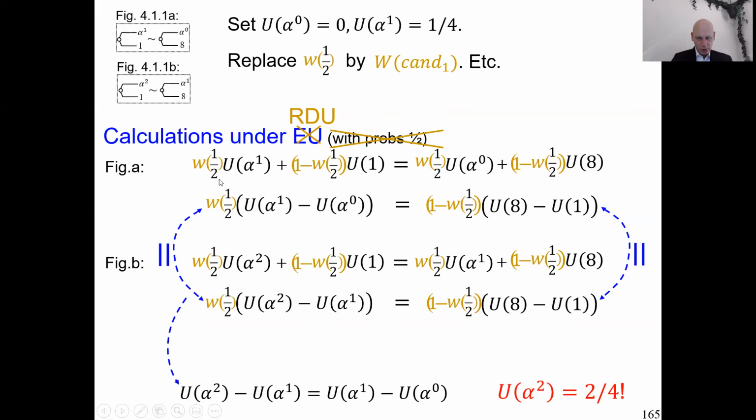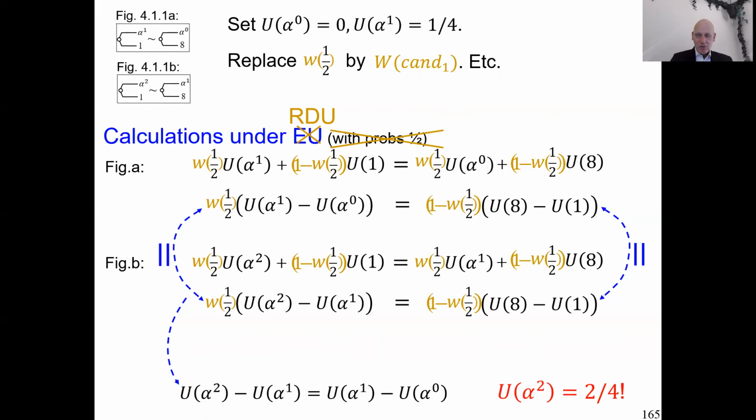I look a little bit closer. For instance, here the left prospect, the rank-dependent utility, well, we start with the best outcome, alpha 1. The outcome event corresponding with it is candidate 1. So the decision weight is capital W of candidate 1. And that's indeed the replacement here. So this formula indeed gives the rank-dependent utility of the left prospect. This formula with the replacements gives the rank-dependent utility of the right prospect. Okay, everything works as it is written here, and it is quite similar to risk.